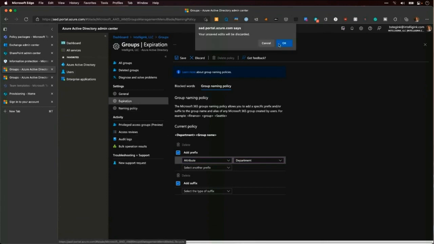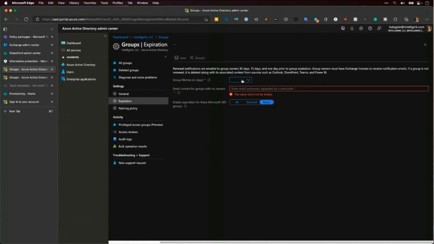And then expiration is another one of those. What are these group lifetimes? After 180 days, we're going to go contact someone. So this is going to be if there's not an owner. If there's not an owner on that group, they can't email the owner. I want them to alert me. Otherwise, this is going to automatically alert the owner of the Microsoft 365 group or the Microsoft 365 team, SharePoint site, all those, again, interconnected services.